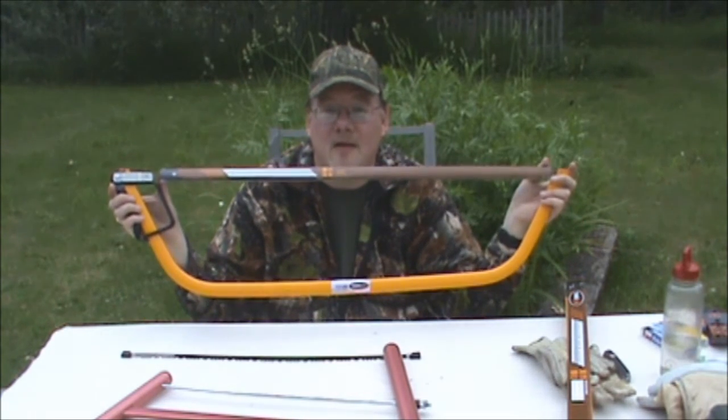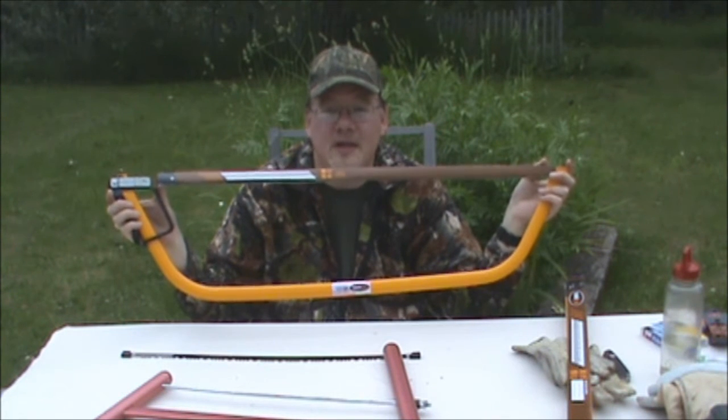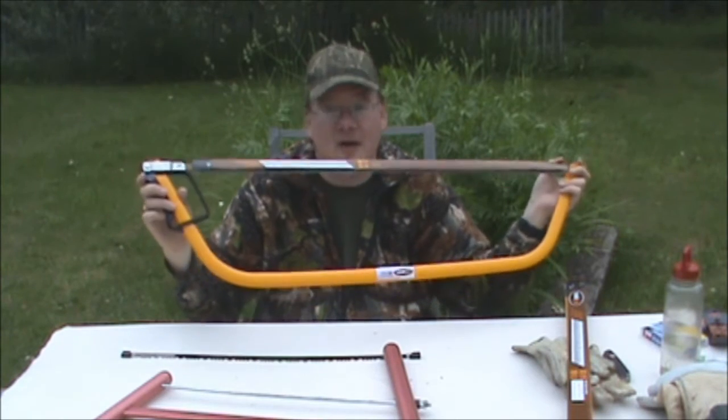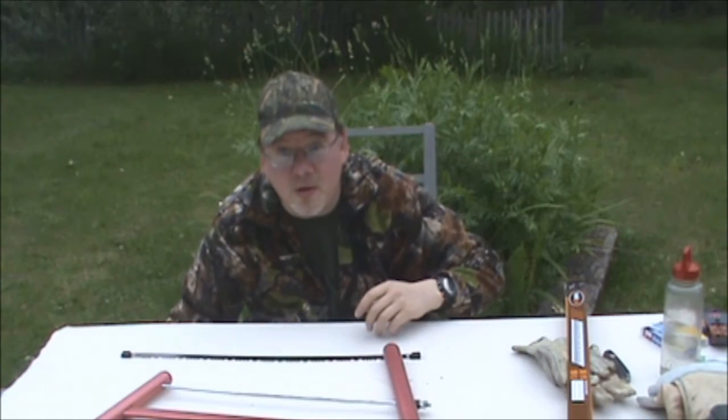So yeah, this is the all-round winner if you need a heavy workhorse in the bush. It just cuts so effortlessly. You let the saw do the work. The handguard is really nice. And if it's portability you want,